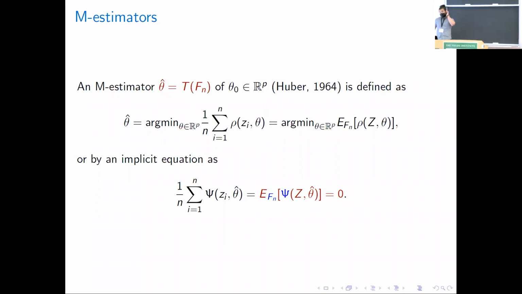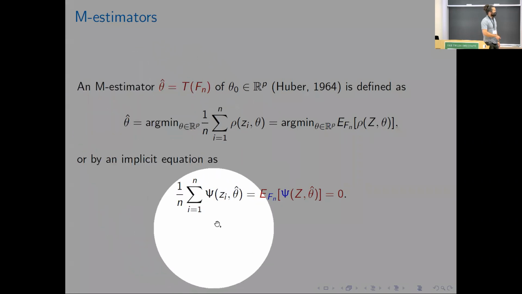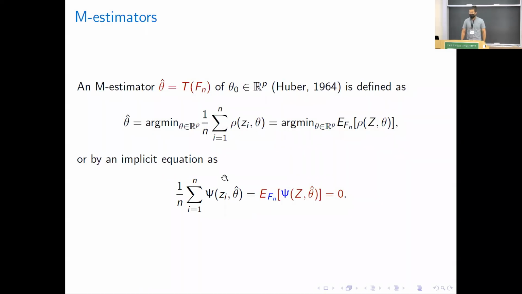The estimators I will be working with are M-estimators. This is a class of estimators introduced by Huber in '64, maximum likelihood type estimators. So we have empirical risk minimizers. And what's important to us, something I wanted to highlight, is this other way of expressing the parameter as a solution to an equation that says gradient equals 0. Here psi is a derivative of rho.